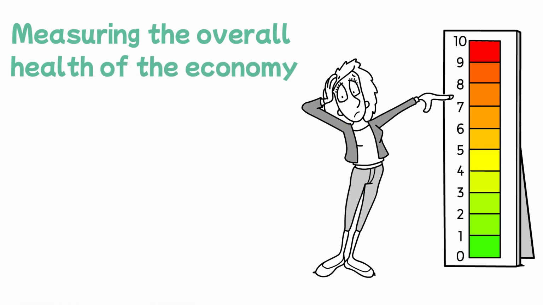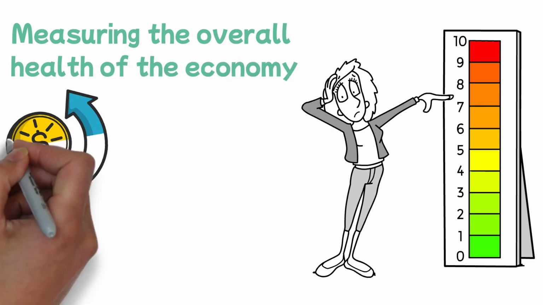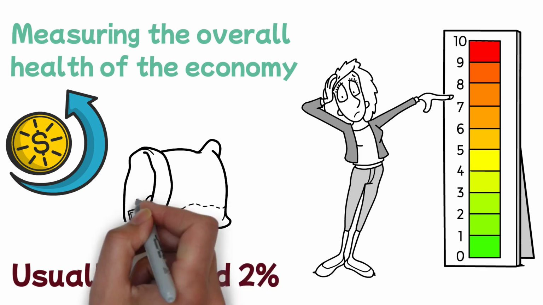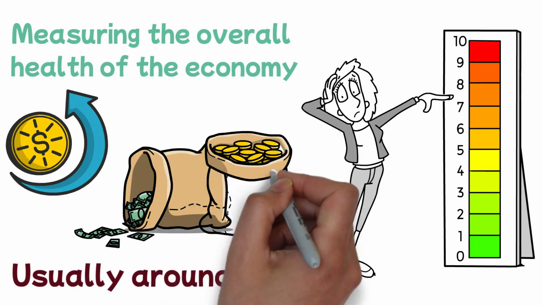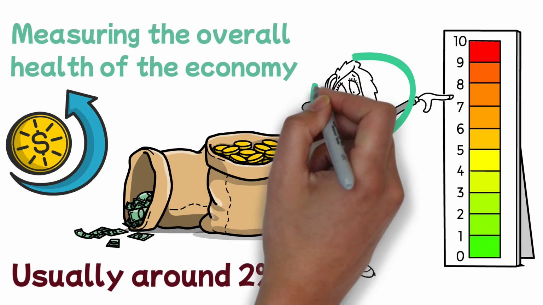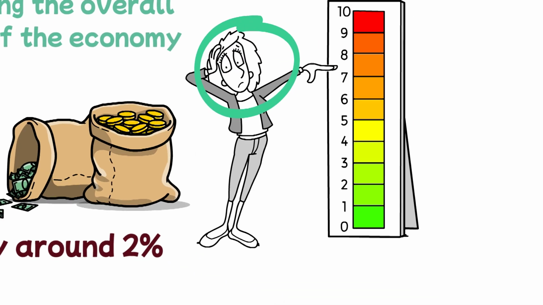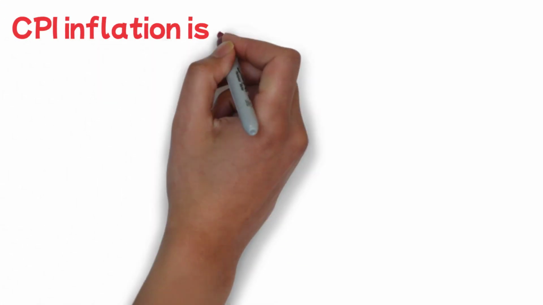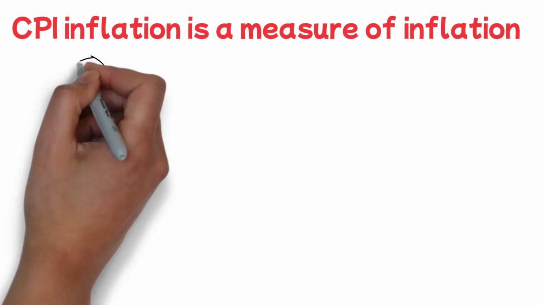A healthy economy should have a moderate level of inflation, which is usually around 2%. This level of inflation allows businesses to make investments and consumers to make purchases without worrying about prices rising too quickly. Finally, CPI inflation is a measure of inflation that tracks changes in the prices of goods and services commonly